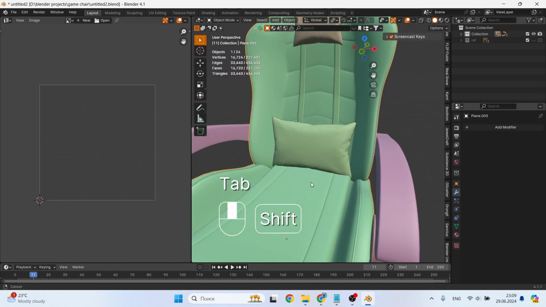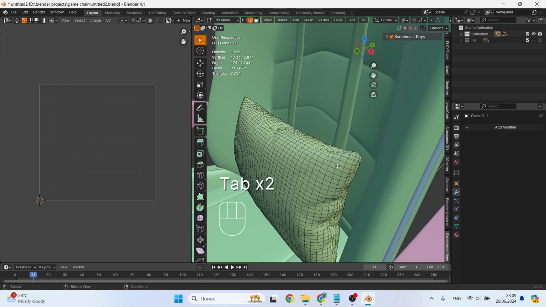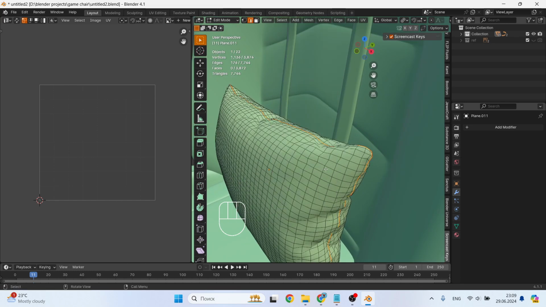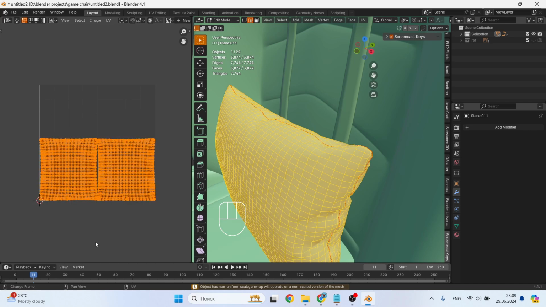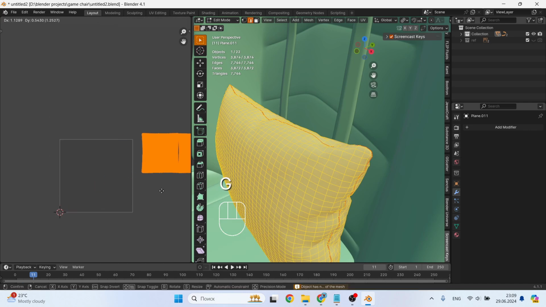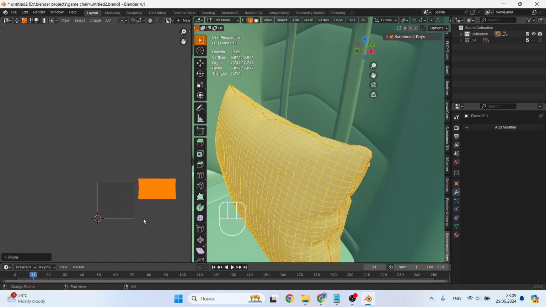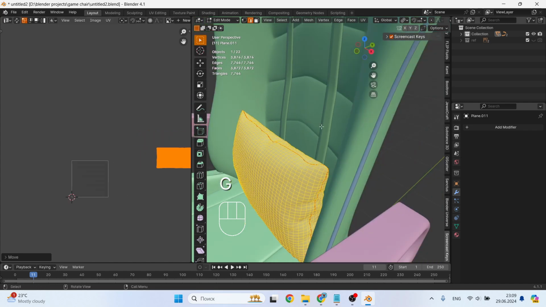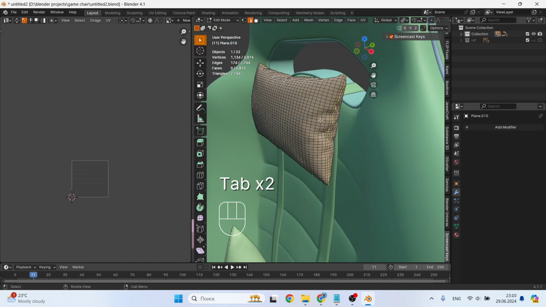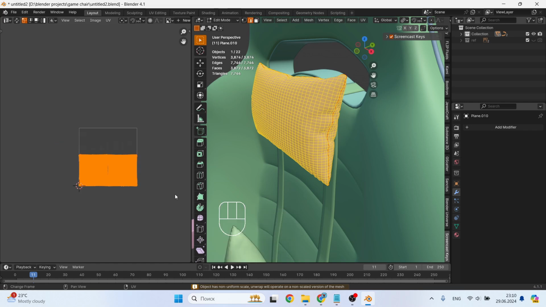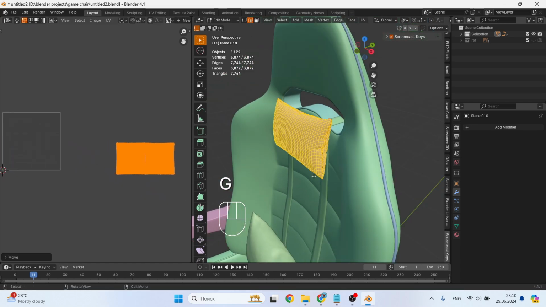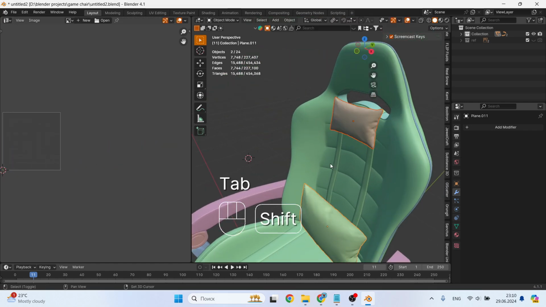Okay, we can move on, but now we need to make a UV for the pillow. We go into edit mode, we see that the loop is already selected for some reason, but it suits us, so we mark it as a seam. Select all the faces and make a UV map for it, go to the UV map and move it outside the square. The last one left is the small pillow, and we do all the same things with it. Awesome, so now our chair is unwrapped.